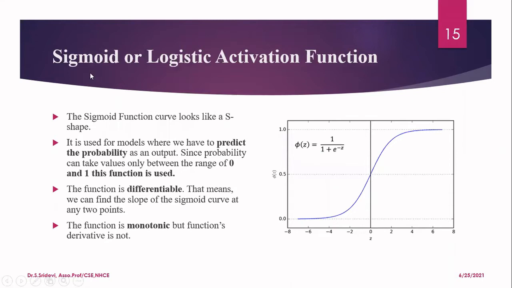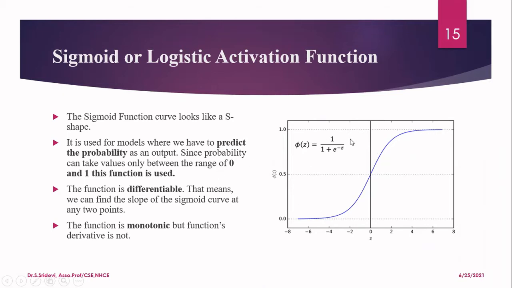One of them is the sigmoid or logistic activation function. We have already seen this one in logistic regression. The same function is used here. In the case of the sigmoid function, we will get a curve similar to an S-shaped curve. This is the formula for the sigmoid function: sigma of z is equal to 1 divided by 1 plus e power minus z. If you plot this, you will get an S-shaped curve. I have already explained this clearly in logistic regression. If you have any doubt, go and refer there. You will learn how this S-shaped curve is obtained.